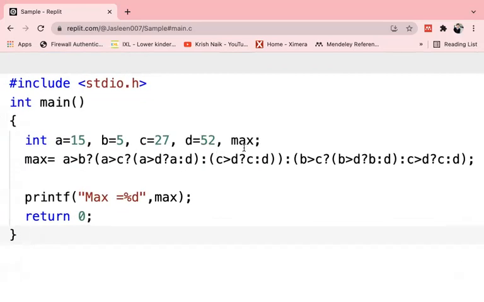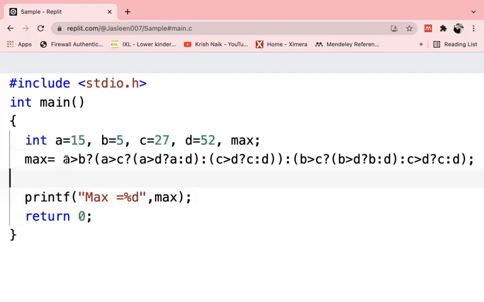And here I'm taking another variable, max, because I told you in the previous video that the ternary operator is going to evaluate that expression, just like an if else statement, and is going to return that expression. So we need to either store that expression in another variable, or you can directly print it using the printf command. So there are 2 methods for that. If in case you haven't watched this video, I'm sharing the link at the top of this video. Please check it, and you can watch the video and understand it.